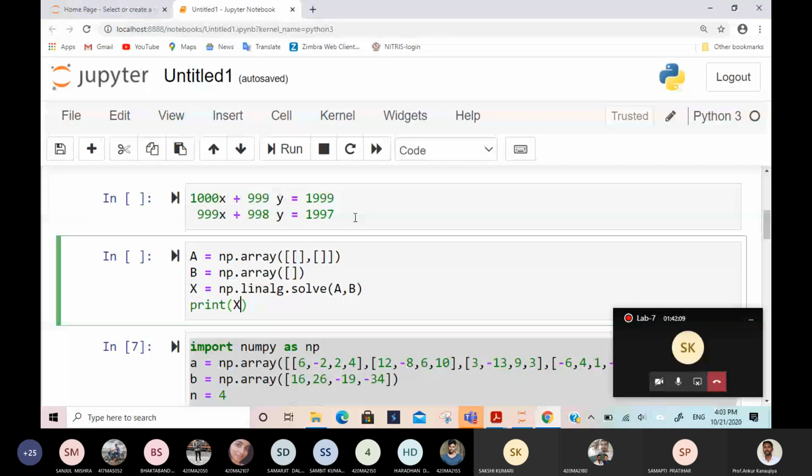Okay, those who did it with Python, don't tell the answer, just tell me what to write in the first row here, and what to write here. Don't tell me the answer.